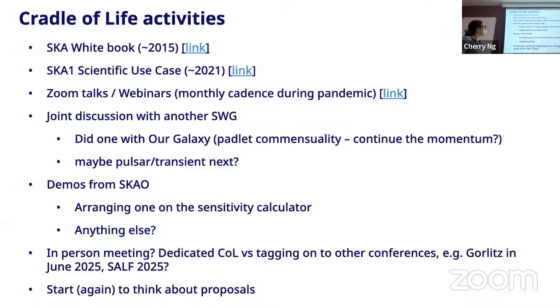Now, Cradle of Life, what have we been doing as a science working group? In 2015, there was the coordinated effort to write the white book. In 2021, there was also more writing going on, the scientific use cases. And since then, we've been doing Zoom talks and webinars, mostly during the pandemic period. We had these monthly talks, which were well attended, but it's been a bit difficult after the pandemic